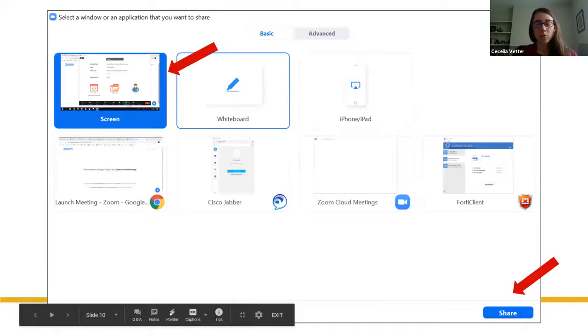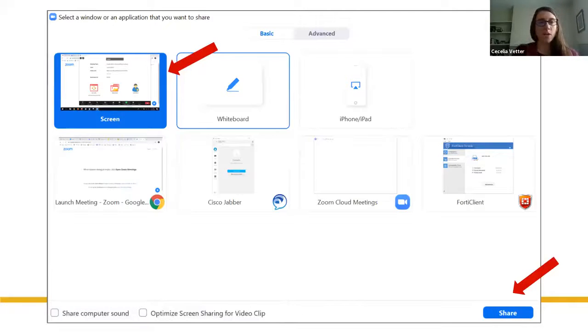When you click on that green screen share box, this box will pop up, and it's going to have a lot of options. Typically, the easiest one to pick is just to share your entire screen, which is up there on the top left, and then click share. If you do want just a specific tab or window to open, you can pick that as well. I also want to point out that there is a whiteboard feature that allows you, if you're writing equations or drawing something, to present in a more free-form way.